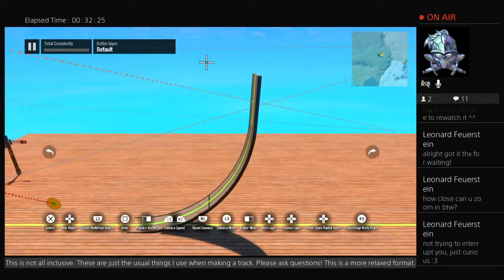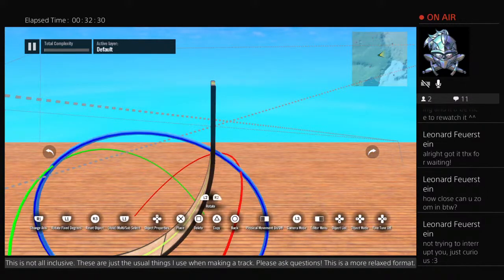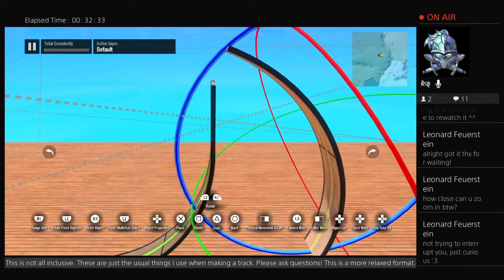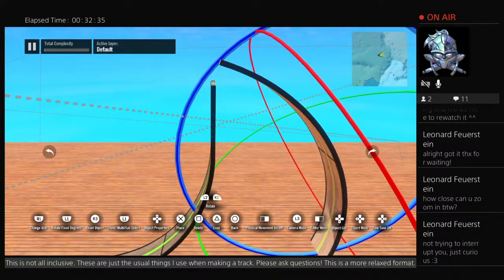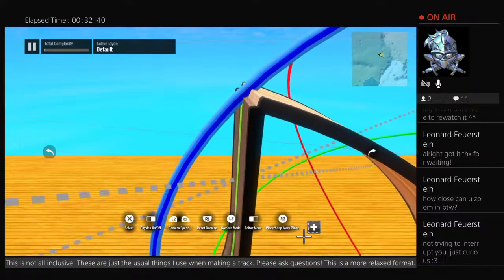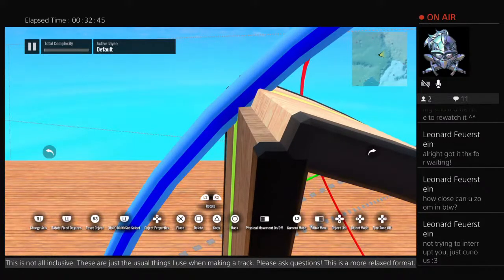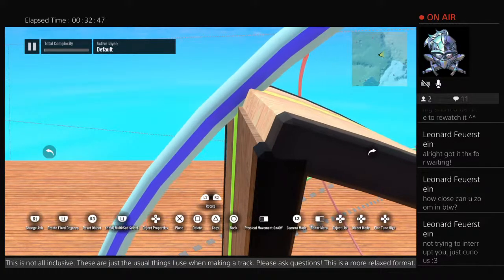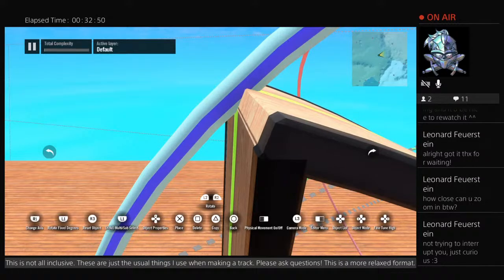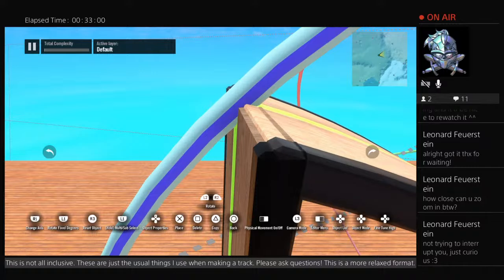Now, there will be times where it's not going to match up properly or perfectly, like this. I'll take this, I'll copy it. Now, I'll say I want to curve down, just like that. Now, I'm going to come in as close as I can. And yes, that blue line will get in your way. It's just something you kind of work with. I'm going to turn my fine tuning on high. And I'm going to bring this over. See how it sticks out? I'm going to go one in, and I'm going to bring that the whole way down, and I'm going to get rid of that line. There we go. Now I'm going to bring this down until,